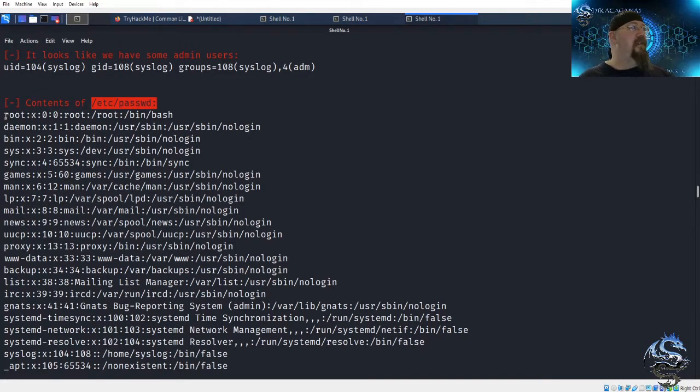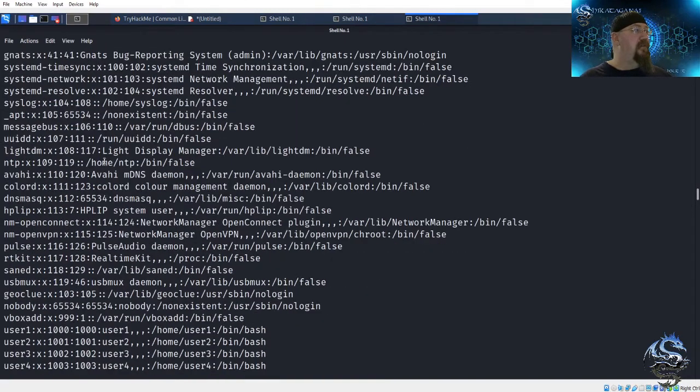So in this case here, this tells us the user right over here to the left, and then the X would indicate that the actual salted hash of the password is in a different location that they call /etc/shadow. And you can't access that unless you're root in this case here. And so we're going to talk a little bit more about /etc/passwd, but if we scroll down, there's something